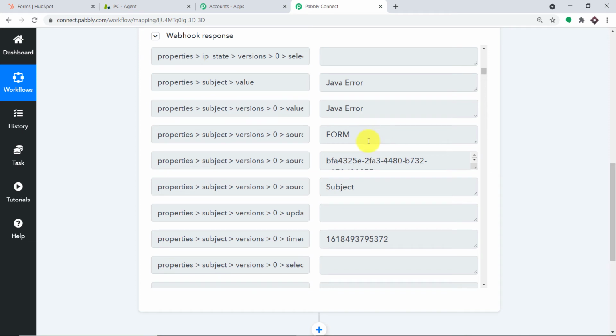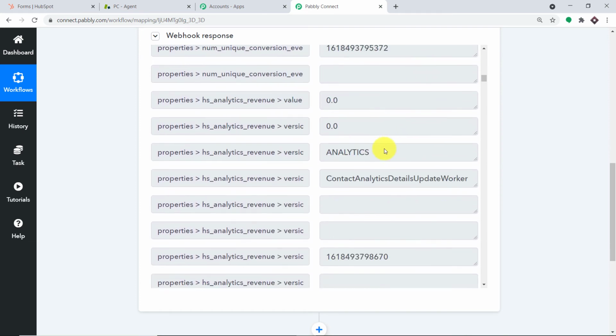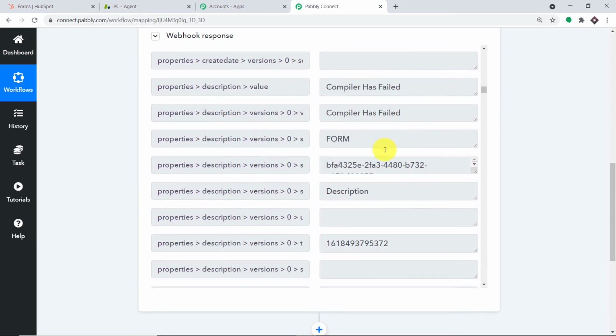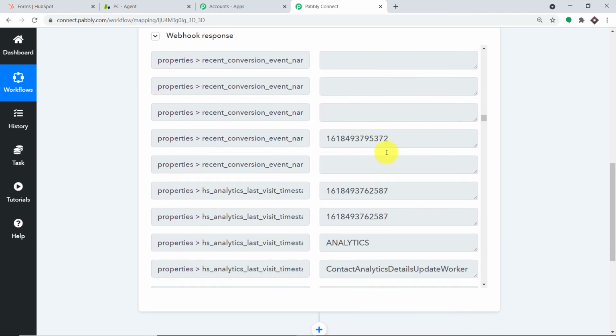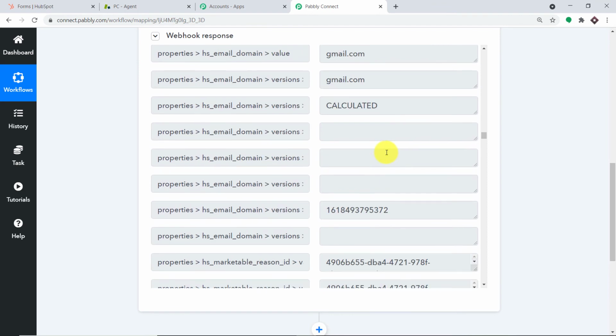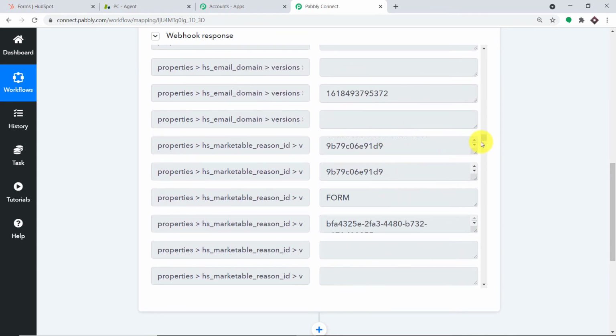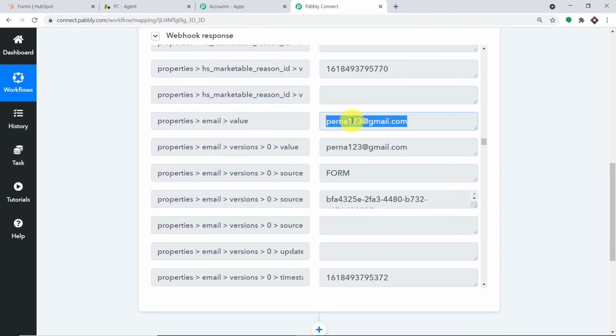The summary is Java error. Basically that's the subject. So there is the email of the person. Let me scroll down and figure out the email. Nope, nope, nope. Because it has given a lot of data, it's actually trouble to figure out where the email is. Okay, we have got the email. The next stage is using all this data, we are going to create a ticket in Zendex.